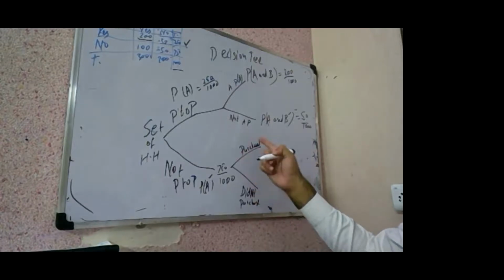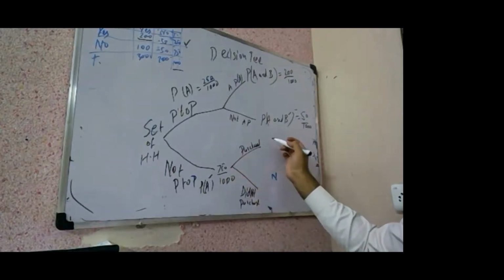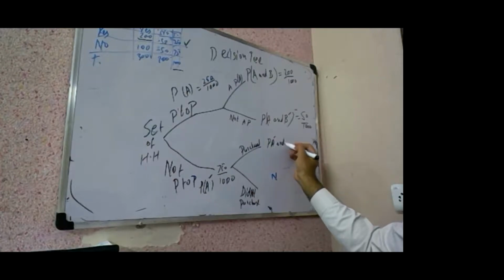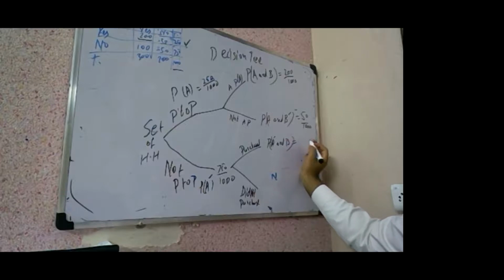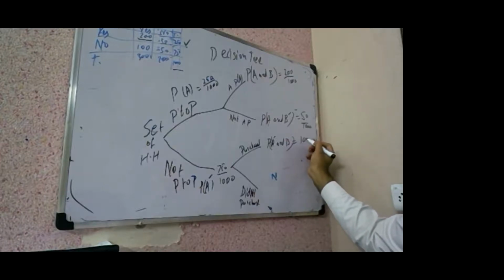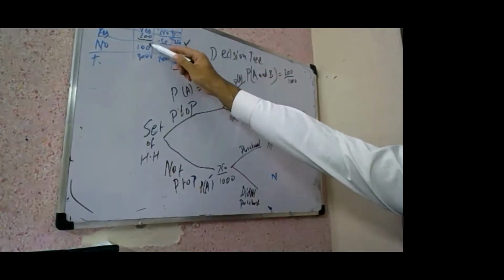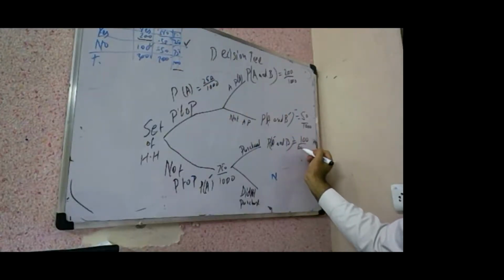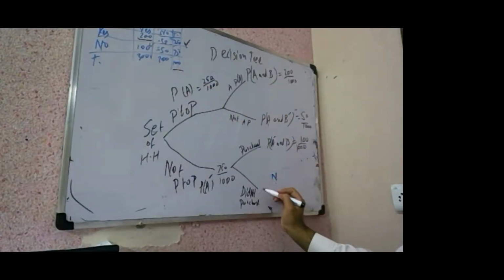So who actually purchased but didn't plan to purchase are probability of A complement and B, which is 100 by 1000. And probability of A complement and B complement is